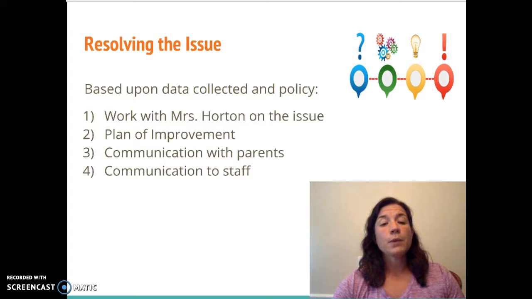I would also need to communicate with parents and with the rest of my staff at school. Confidentiality would need to be carefully considered when talking with parents and staff. Obviously, I could not share all of the actions that I would be taking, but would need to share enough information to ease any concerns that they may have. I would also need to talk directly to the parent who asked to have their student moved out of the classroom and let them know that other courses of action are being taken to remedy the situation.